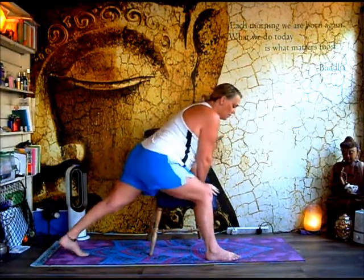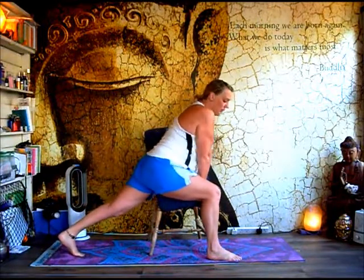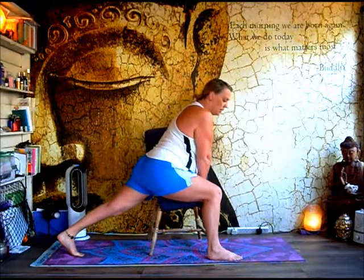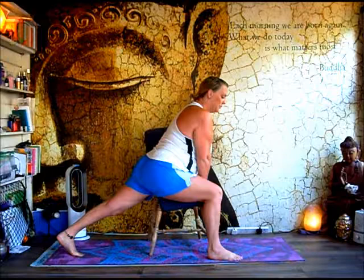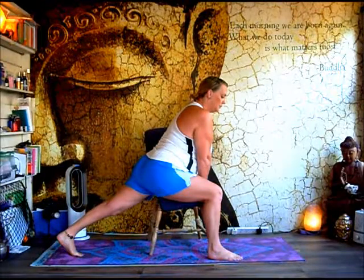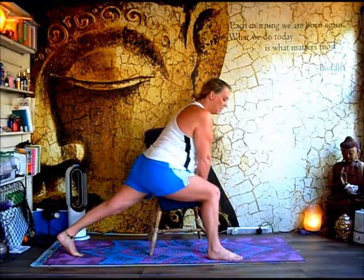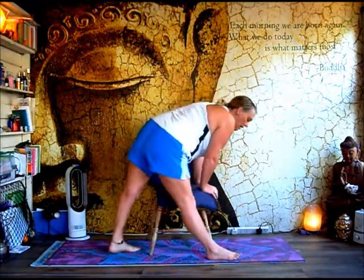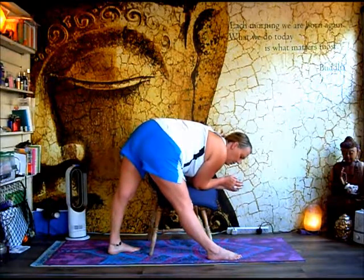You can come into lunge here using the chair. Really support yourself. You can lean on the chair here with the body so you're not having to take all the weight in your arms. Just a gentle bend in that knee, stretching out that back leg. And then coming up, step in, little pyramid pose here, support the body weight, rest on the elbows if your